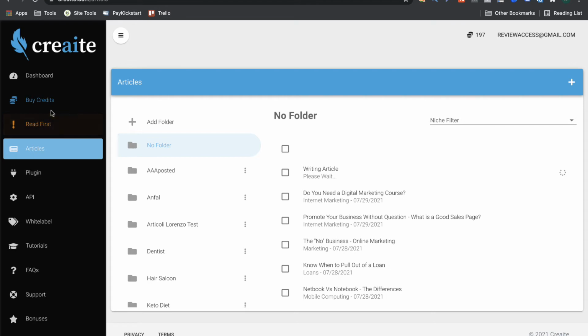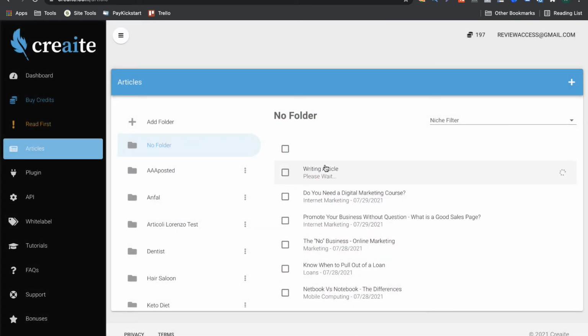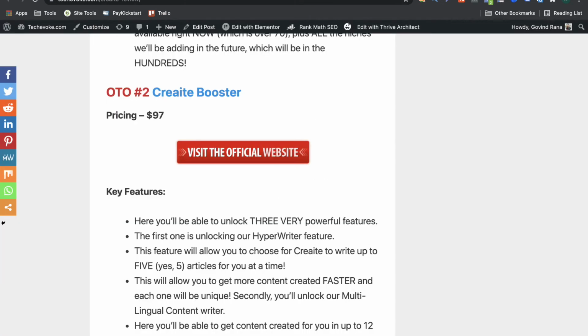So what is this credit? When you buy this tool, you will get 100 credits, which means you can create 100 articles. Then you have to buy credits, because they have a backend system. These AI tools and software consume very high server frequencies, so they have a backend cost. So what they have done, they have also included it. But when it comes to OTOs,